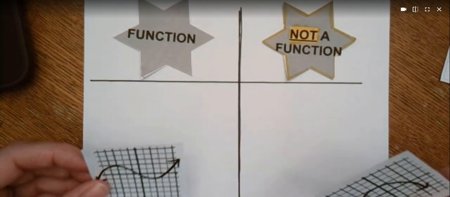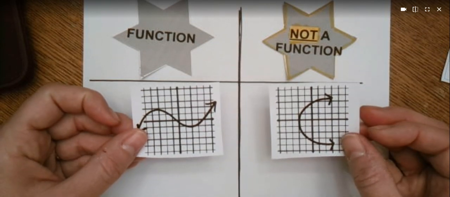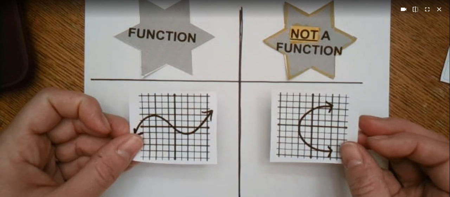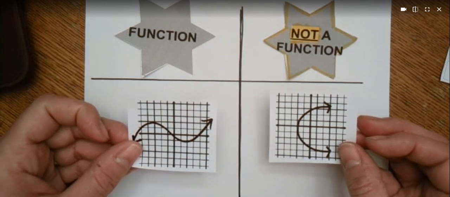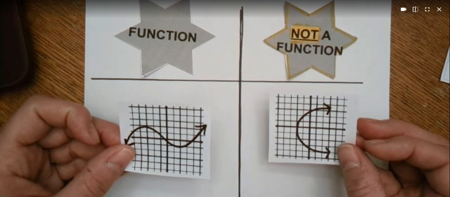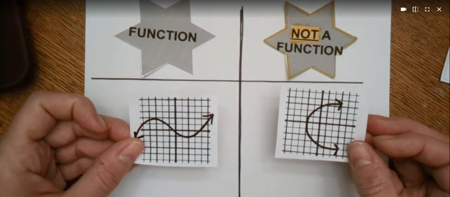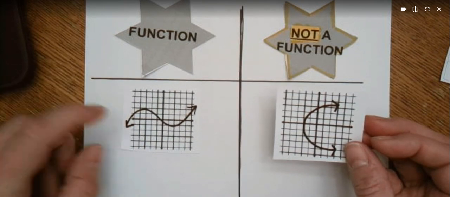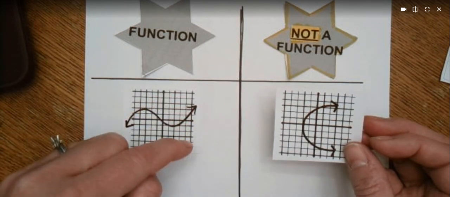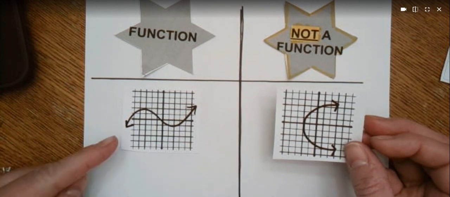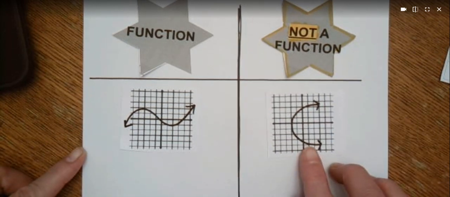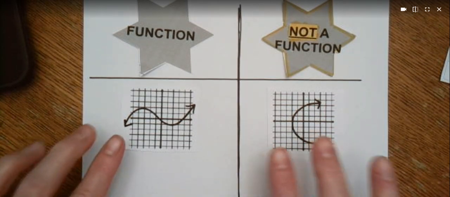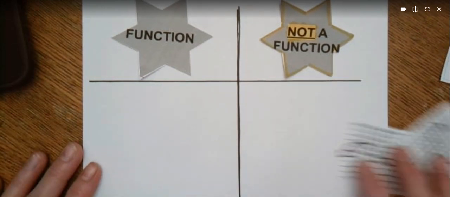Then if I'm looking at a graph, so here's two different graphs, I'm going to be thinking mapping diagram. Which one would pass the mapping, sorry, not mapping diagram, vertical line test. I'm sorry, I hope I didn't confuse you. When we're looking at this, vertical line test, which one's going to pass? Well, obviously this one would pass, right? Because I could draw a vertical line anywhere on this graph and it's going to go through only one time. This one would not pass, because as soon as I draw a vertical line, it'll go through 2 points. So think vertical line test when you're looking at graphs. And lastly,